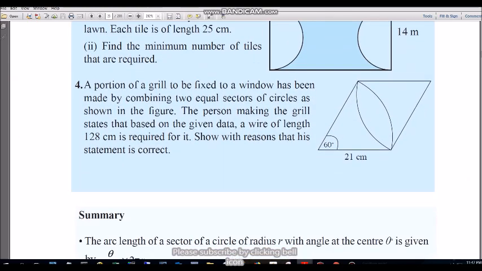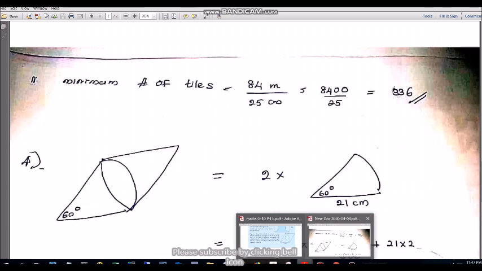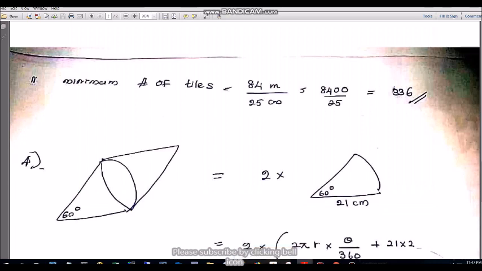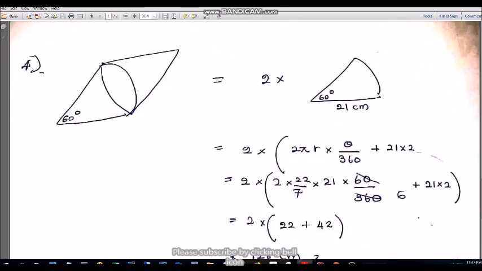In the fourth question we have to calculate the length of the wire that is needed. That one also we can see simply. Here I am showing how simple it is to do the calculations if we see the correct picture. We can see this is the same shape repeated. So in these two cases, we have to calculate only the perimeter of one,